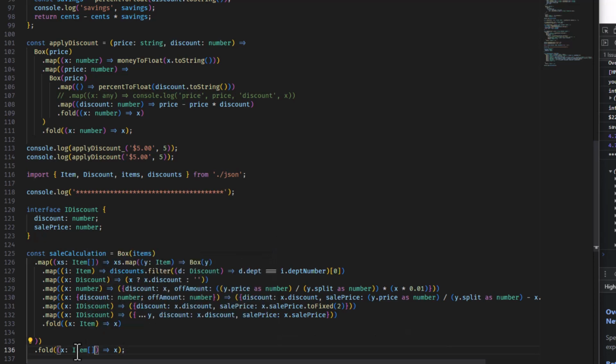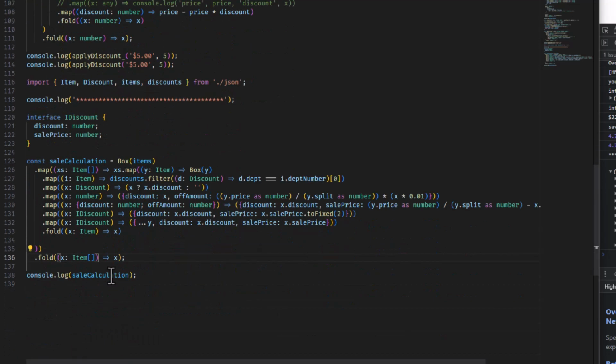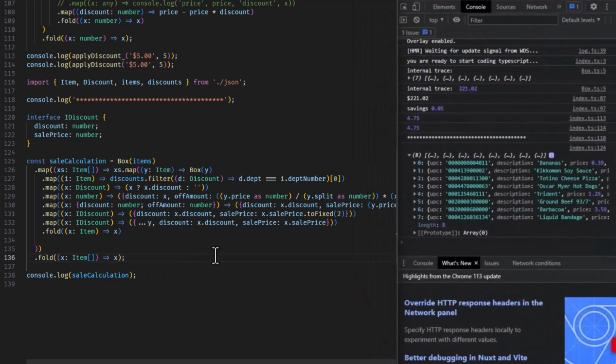It's probably going to be like an item array. And what we should have